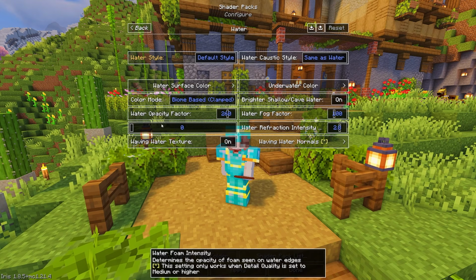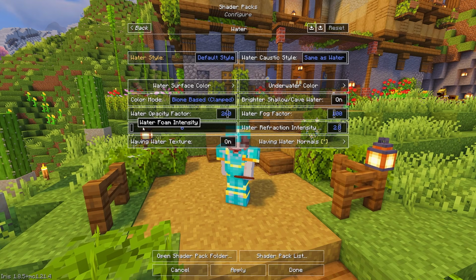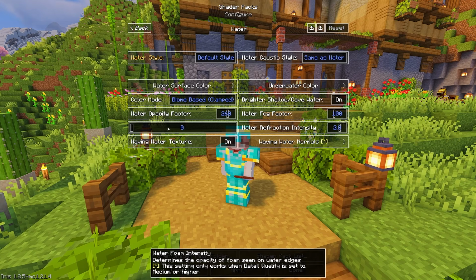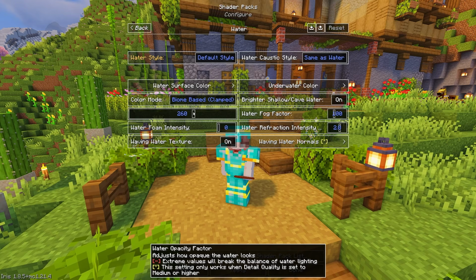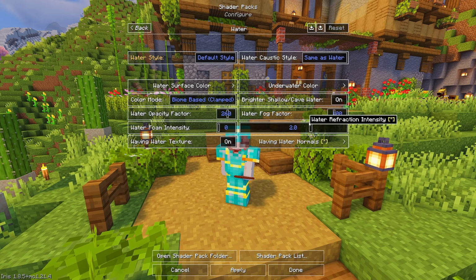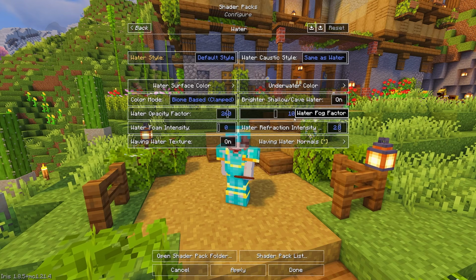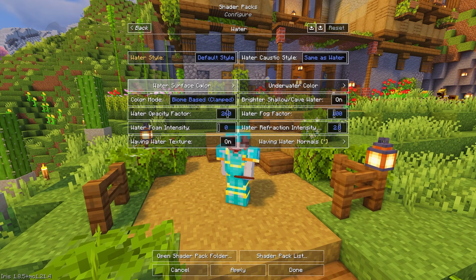I've turned down my water foam intensity to completely 0 because I don't like that little edge that the water gets when it's on, and my water opacity I have turned up to 260. The other settings, except for the water surface and underwater color, I have ignored, so going into water surface first,